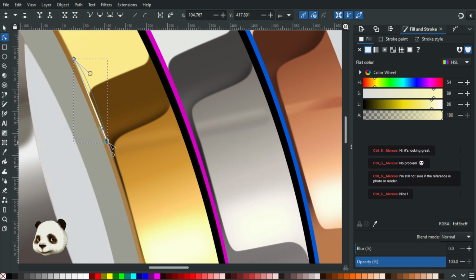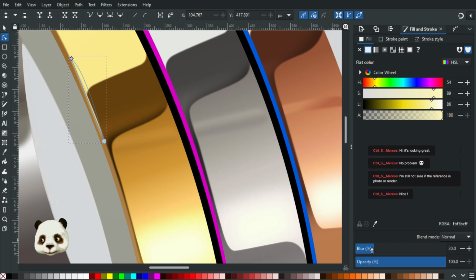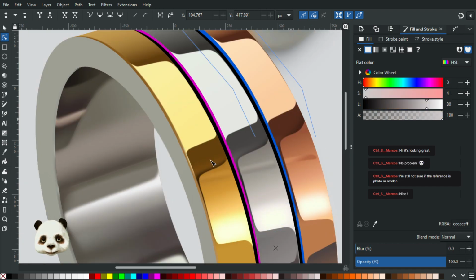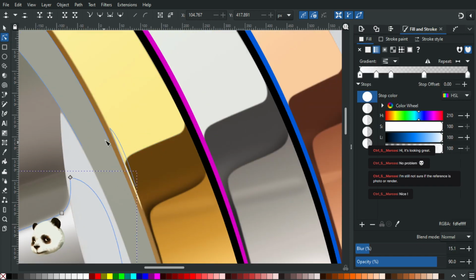This one needs to be something like so. And on this one, I do need a blur. Maybe that's too strong. Let's do it softer. Let's go with a 10%. Good. Now, as well as we had the problem before,